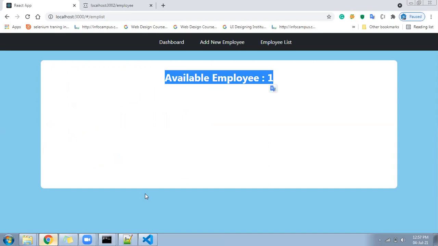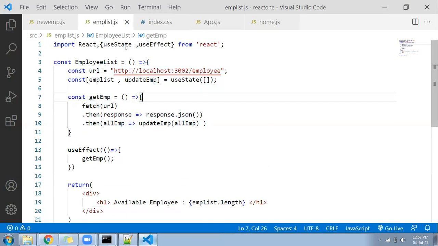Let's see the flow, what is happening. First, we require useState to maintain the state. We require useEffect to call a function automatically, else you have to keep a button. After that, we wrote a function called getEmp.